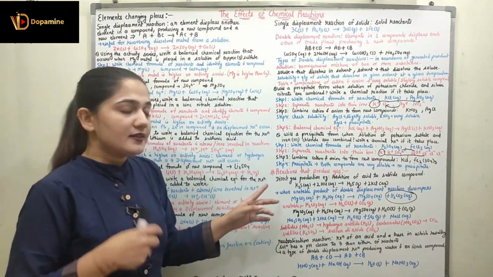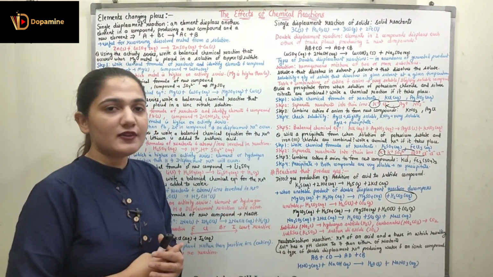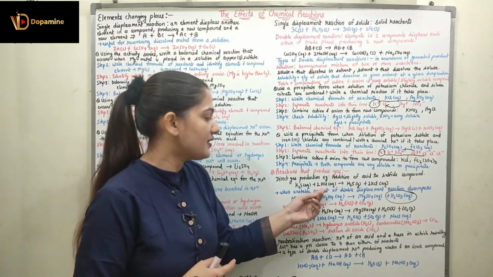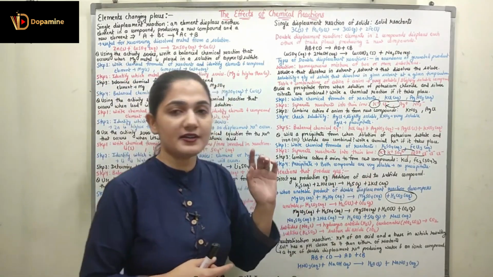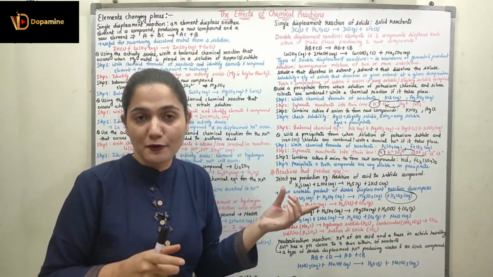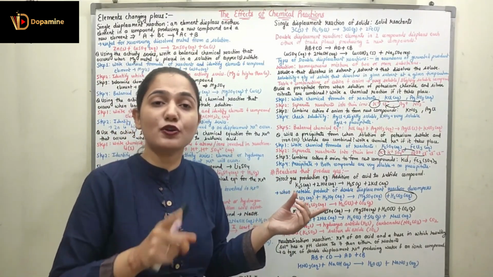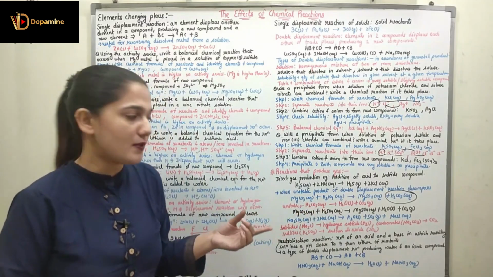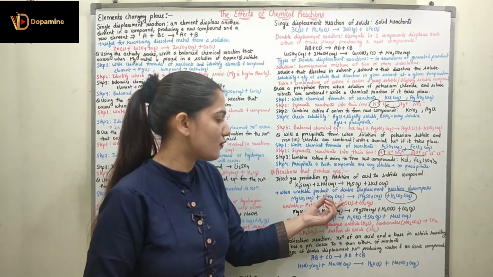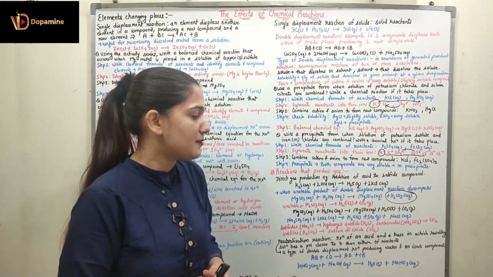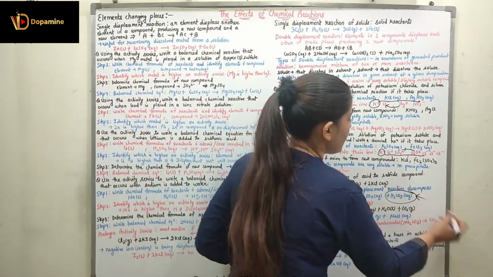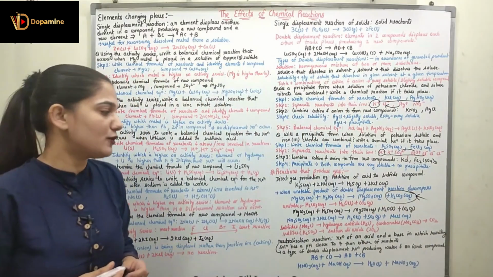The second type of reaction where gas is formed is indirect gas production, where we have an unstable product of a double displacement reaction. We have a double displacement reaction in which a compound is formed that is unstable and decomposes to form a gas. For example, we have MgCO3 aqueous plus H2SO4 aqueous. It is going to form MgSO4 aqueous plus H2CO3, and this H2CO3 aqueous is unstable. It is going to decompose.